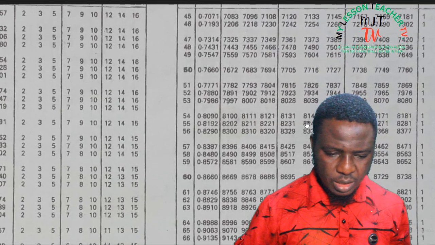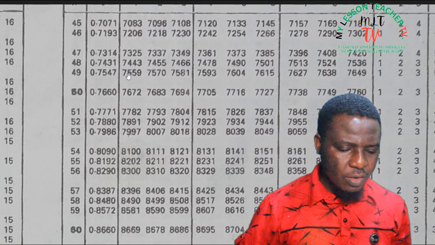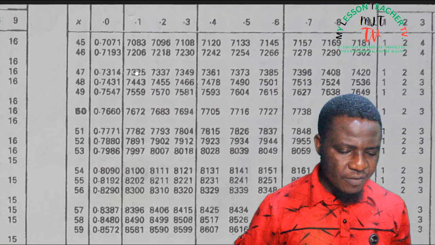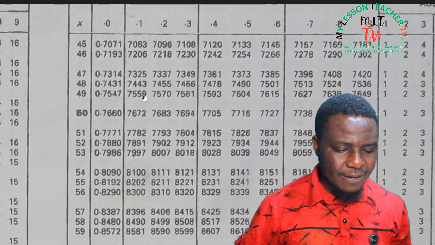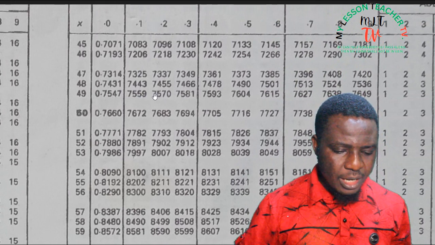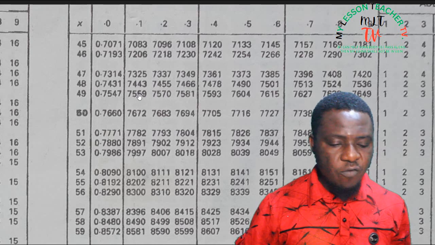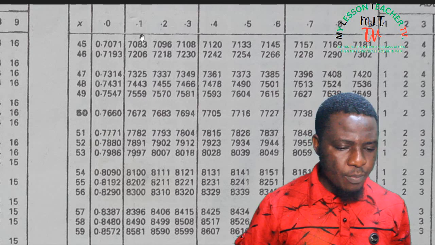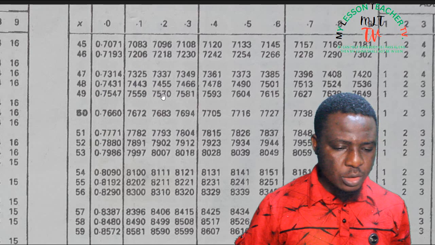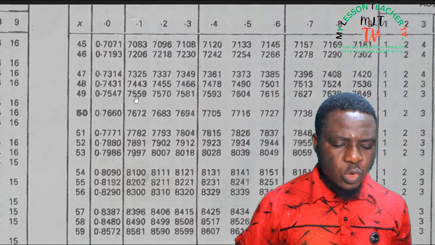B, 0.7560. Somewhere here. This is 7570. Now this is 7559. I'm looking for 7560. Going further, it gives us 7570. So 7560 falls between 49.1 and 49.2. So what I'm going to do is, since I have 7559 here, what will I add